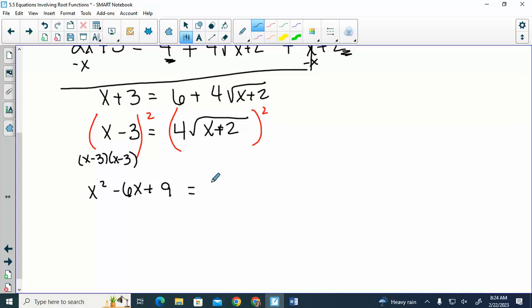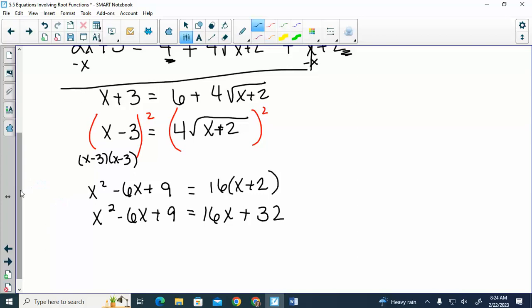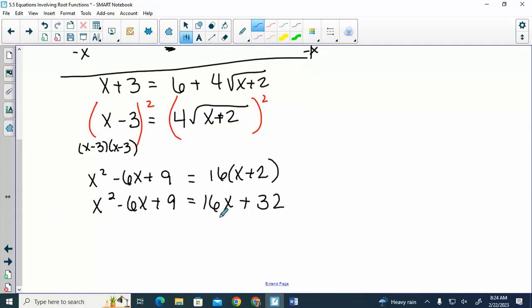What do we get on the right? Good news is this is the hardest problem that we have, and the longest. Alright, so if we subtract over the 16x, subtract over the 32,